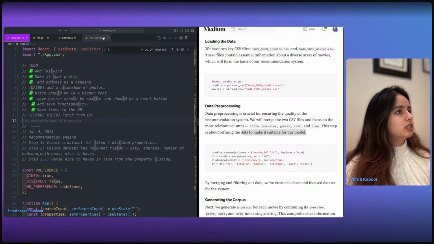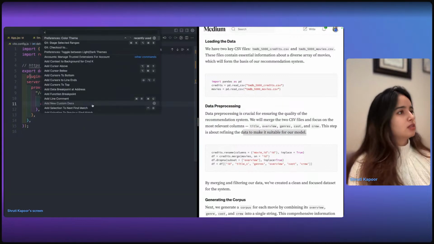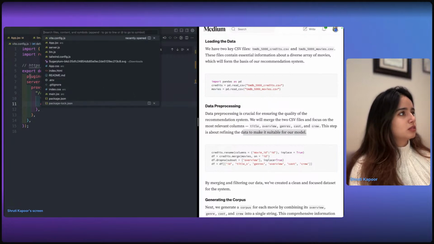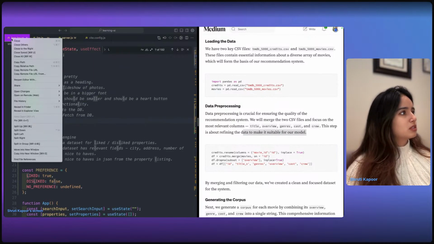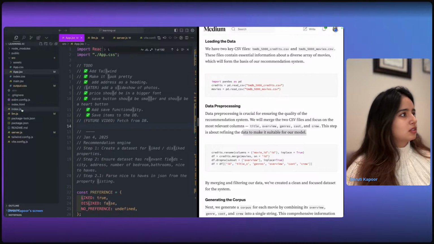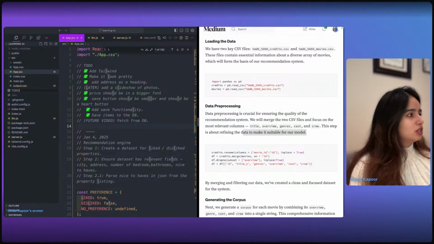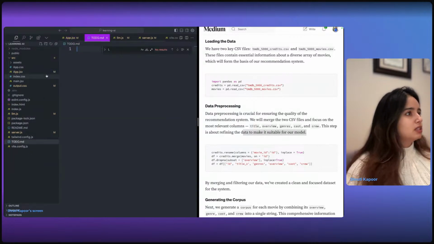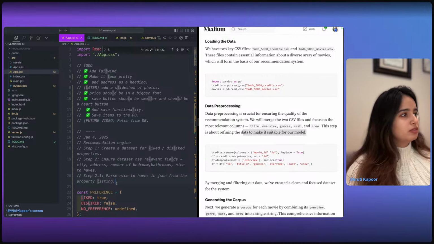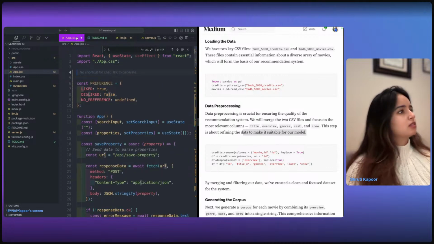Actually, you know what? I'm going to create a new file, because let's keep this clean. New file, todo.md, and this will be moved into todo.md.